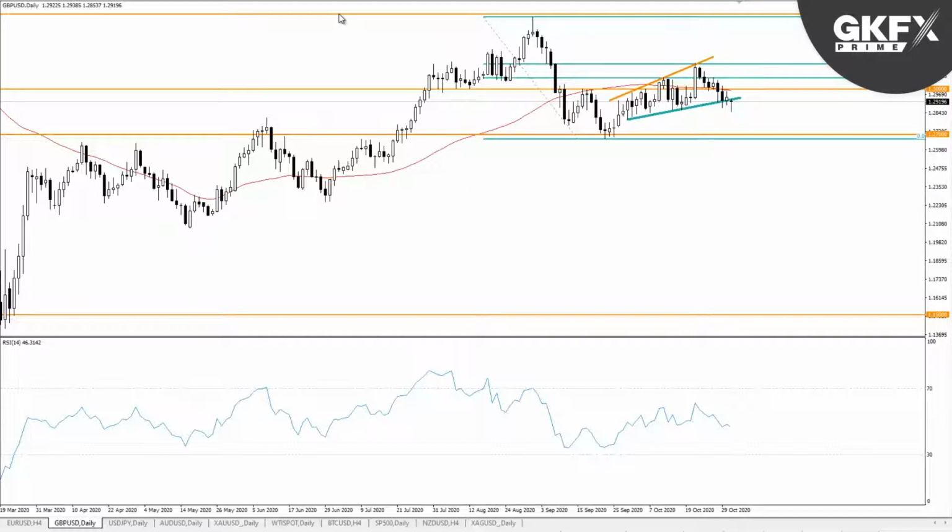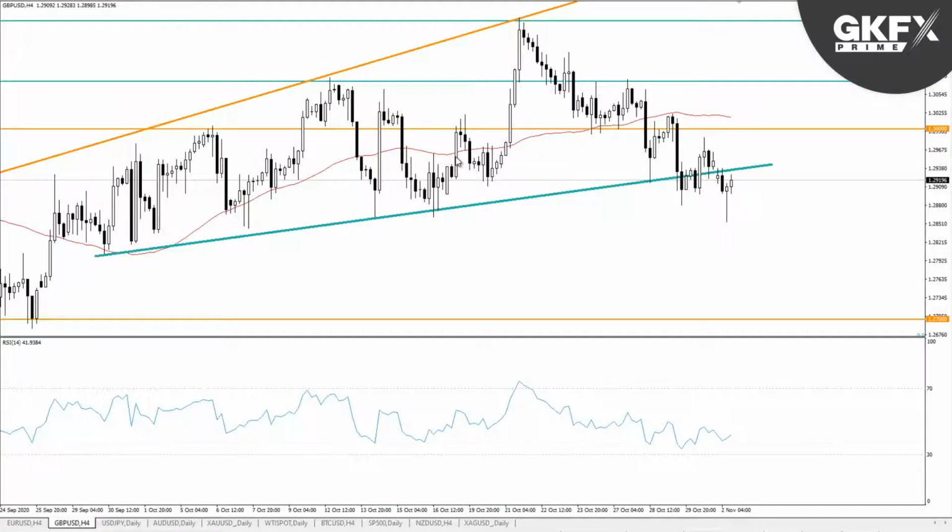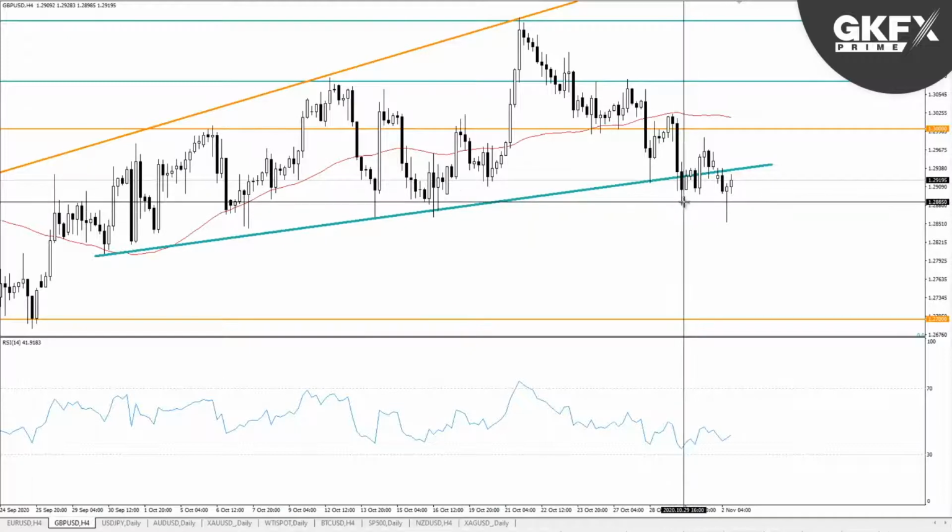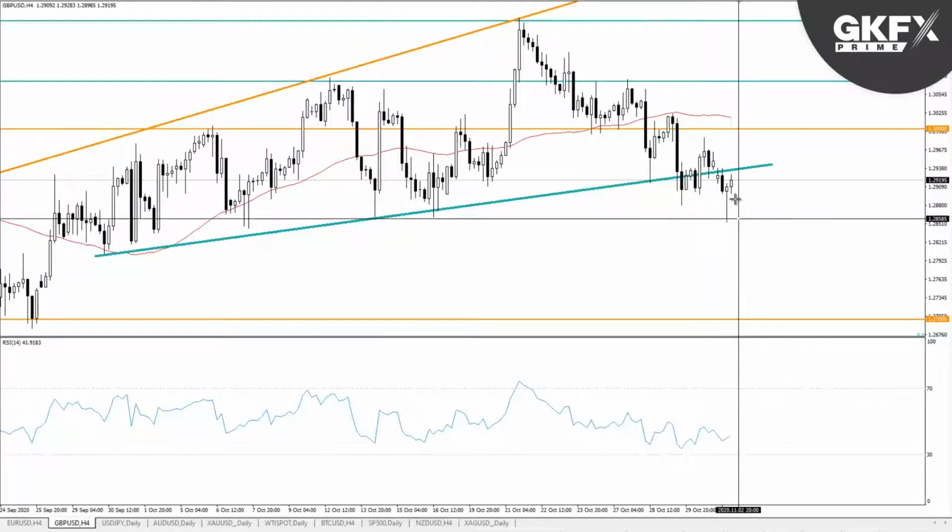So if we drop down to the 4-hour chart, you can see this trend line in a bit more detail. You can see how we took it out, and how there was a lot of strong momentum there, and where you would expect the bounce to happen, it did, but it just didn't go anywhere. And you can see the 50% Fibonacci level worked on the shorter time frame. We dropped down, tested the rising trend line, and eventually broke through it. And now we're attempting to stabilize because we are through an area of support here with 1, 2, 3, 4-ish previous lows in this area. So you can see where the bounce has happened, but it does look like